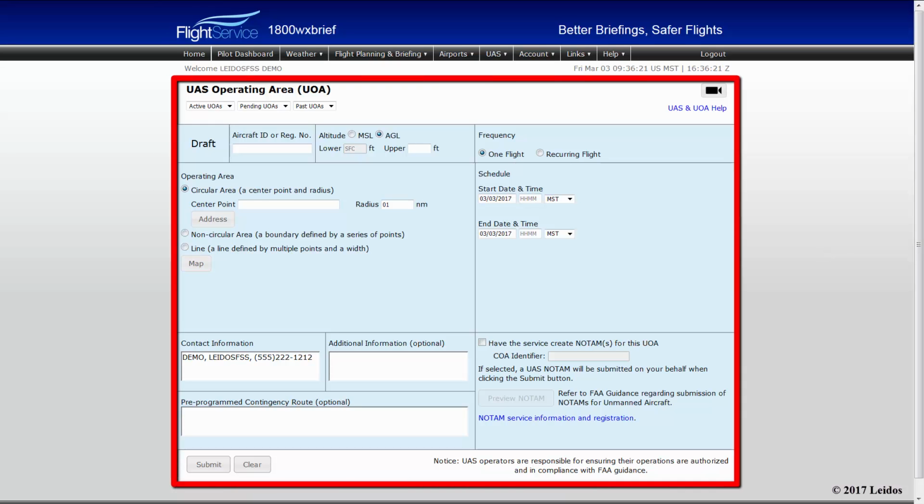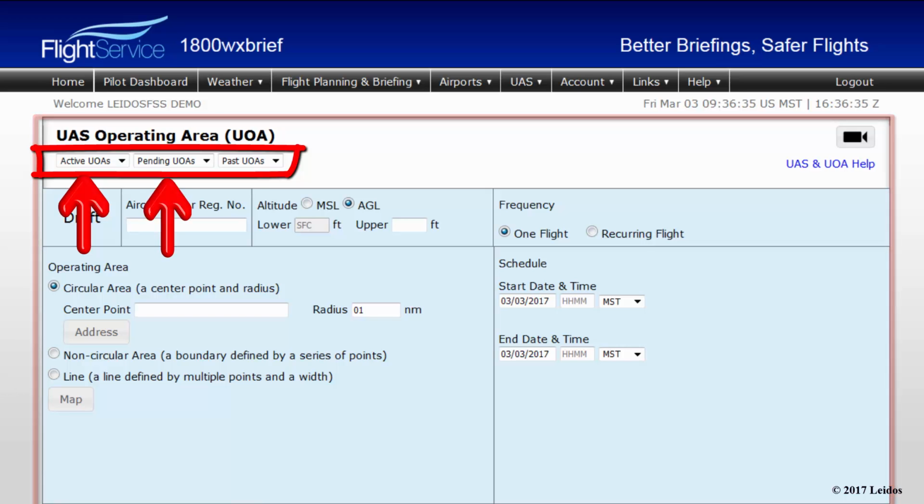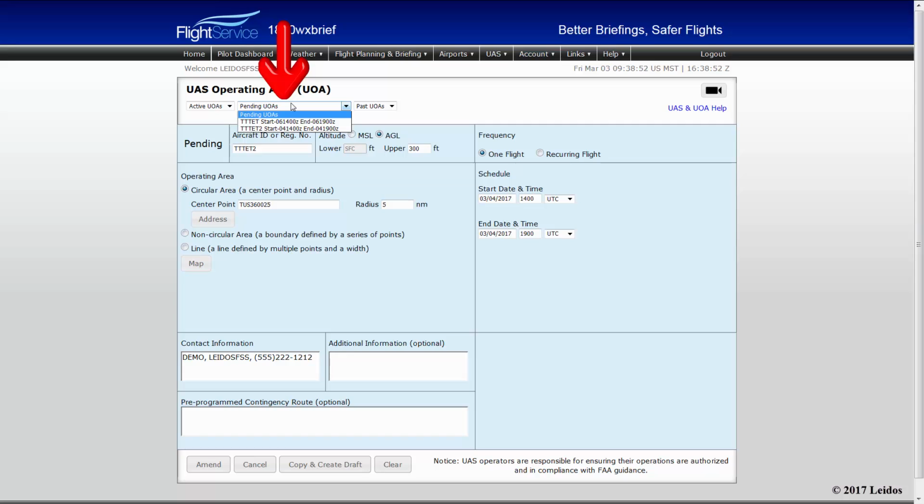The management and establishing of UAS operating areas is done from the UAS planning page. The UAS planning page contains all information for creating and submitting UAS operating areas. Also from this page, you may access any currently active, pending, or past canceled UAS operating areas. You may select pending operating areas to amend their details, copy and create a new area, or cancel the pending activity. You also may select past UOAs, and like pending, may also copy and create a draft for a new